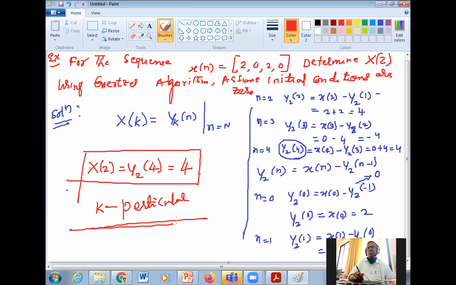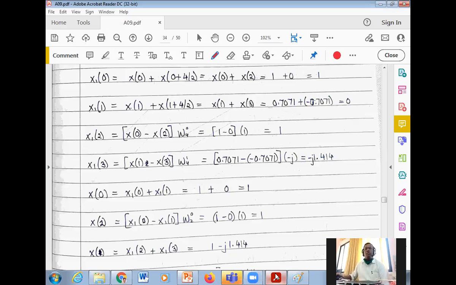So this is all about unit 4, Goertzel algorithm and DIT FFT algorithm. Then again, if you want to go for any further example,